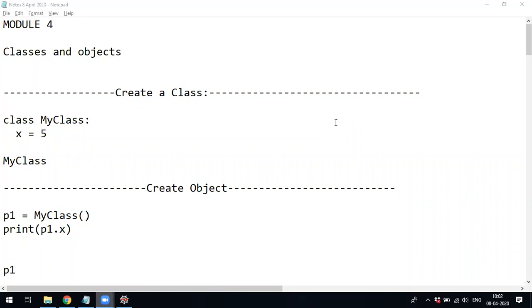Consider if you are a student, if you want to store all the information about the student, it can be the ID, the marks, the USN, age, mobile number, anything. It's all related to one particular person or entity. If there are 1,000 students, how many variables do you have to create to store those? If there are 10 pieces of information about the student, 10 variables, 100 students means 100 into 10. Those many variables are required to store and to perform any operations.